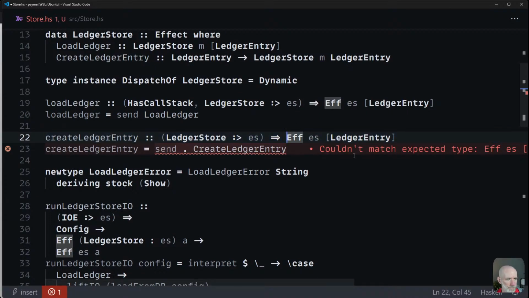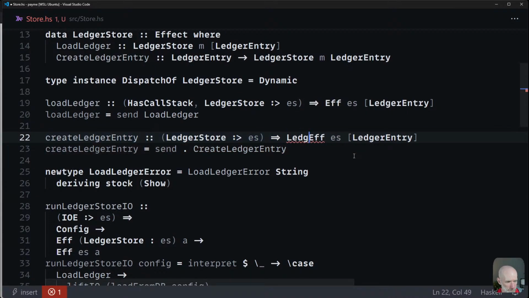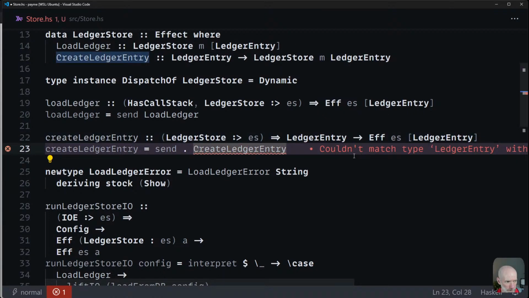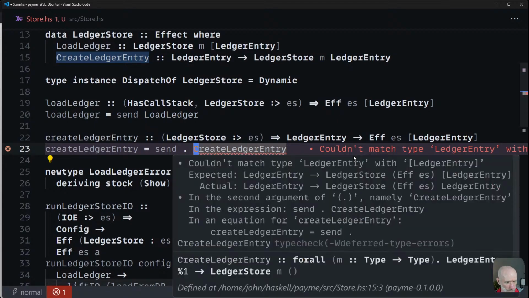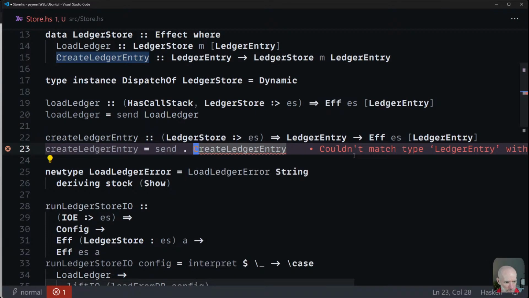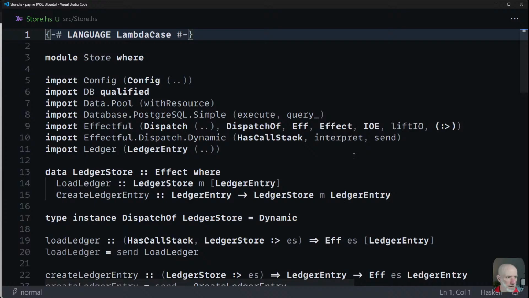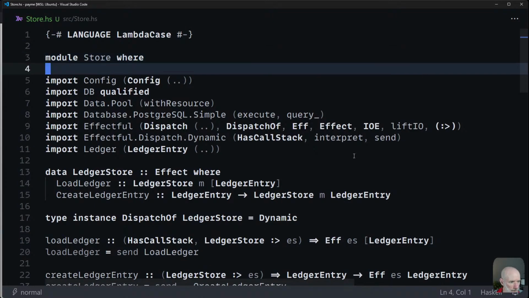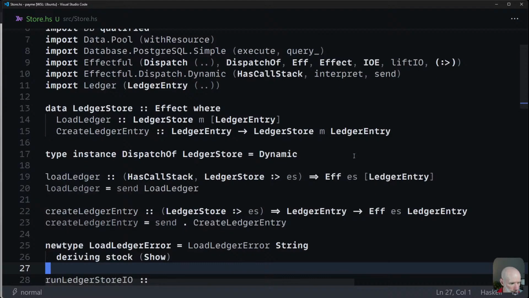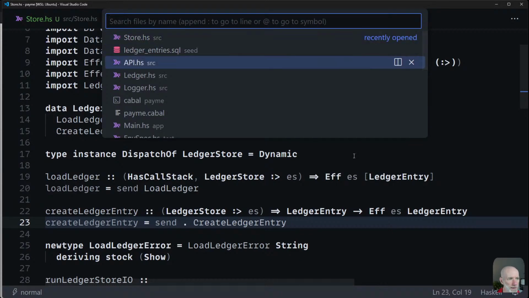And this goes from ledger entry to that. Oh, and it returns a single ledger entry, not a list of them. Okay, and we're exploring everything, which is probably not quite what I'm going to do, but I'll leave it for now. Okay, so back in the API,